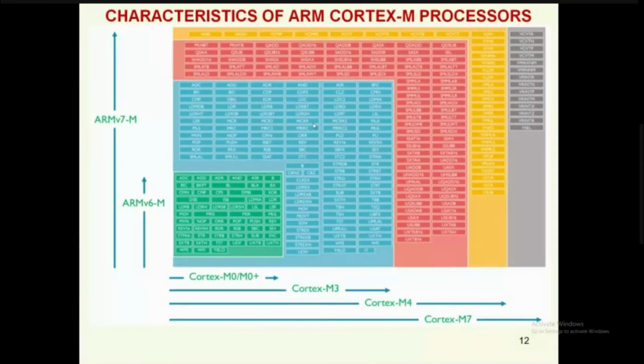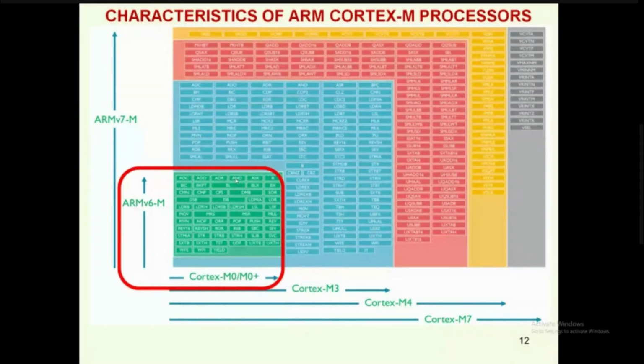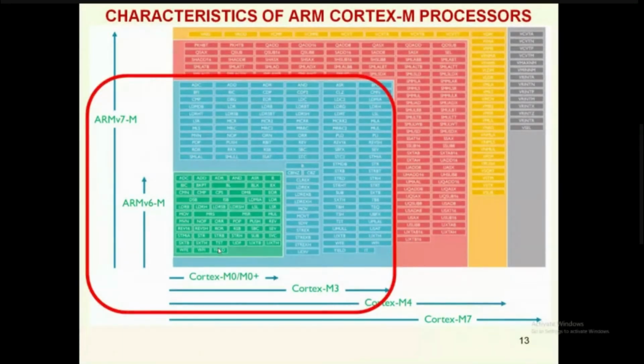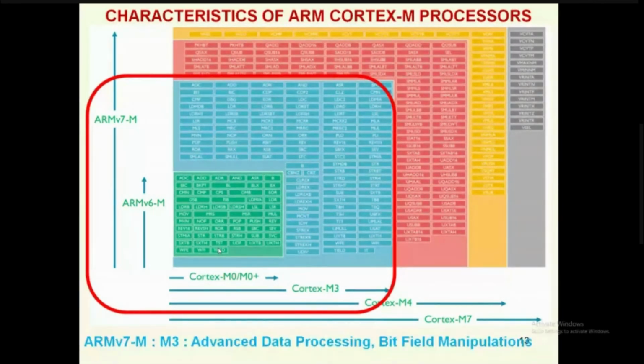This is the one. Because we are into embedded systems, microprocessors and controllers, we focus mainly on the Cortex-M series. You can see there is something like ADC, that means add with carry, and operations. All the arithmetic and logical instructions are there. ARM version 6 is dedicated to general data processing and input-output control tasks. The ARM V7 core is used in Cortex-M3, with advanced data processing and bit field manipulations,